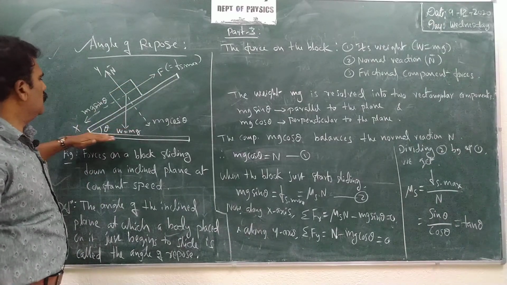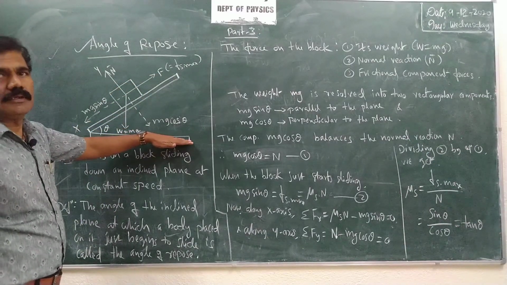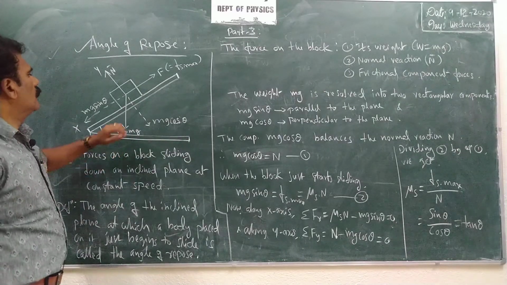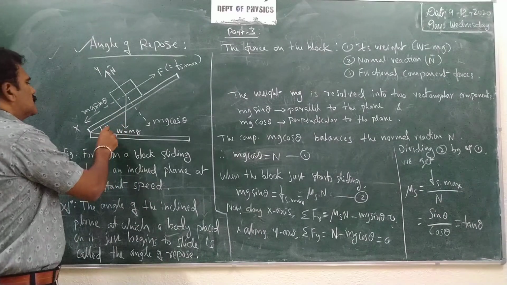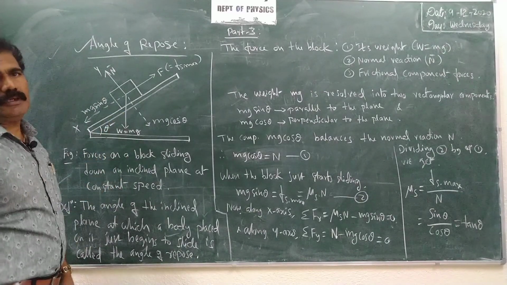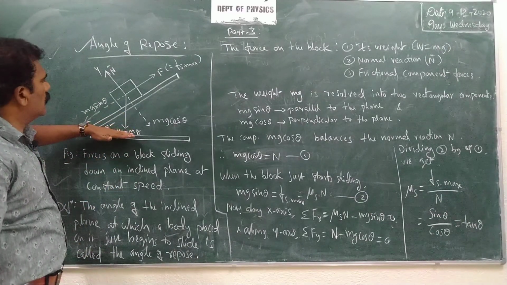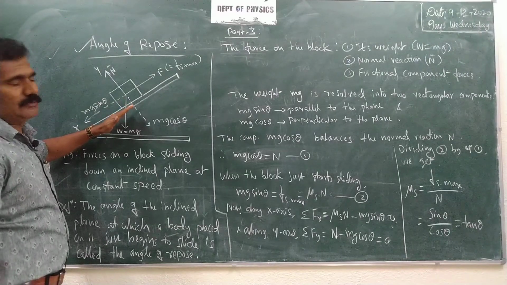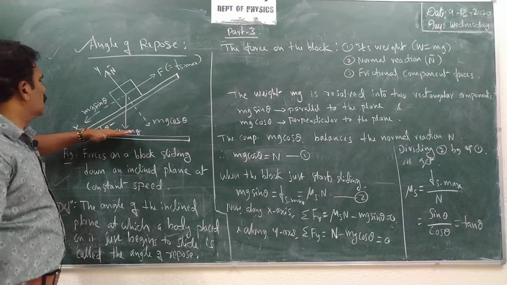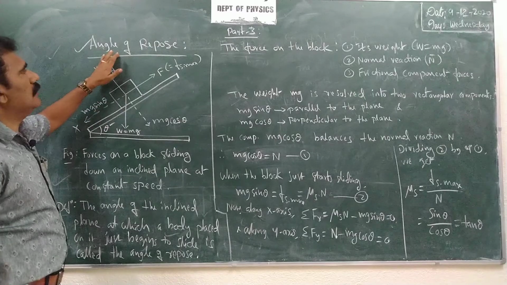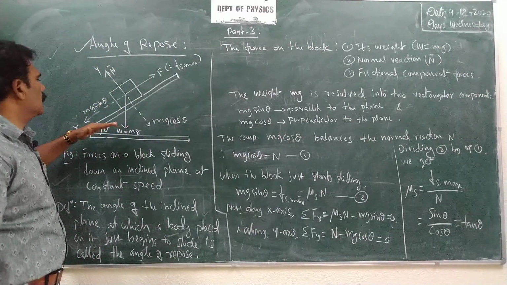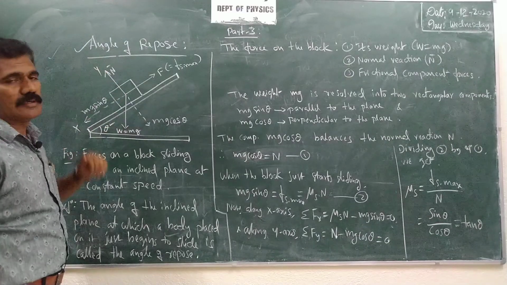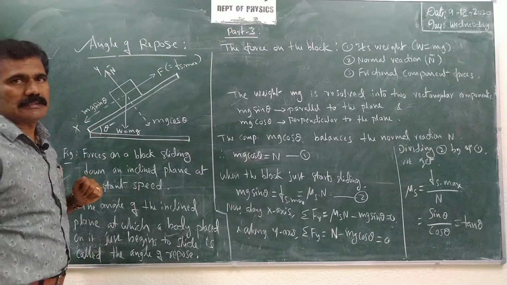So below that again we have another supporting plane here. Now, in between these two planes, the angle made by the two planes is equal to theta. So this is actually called the angle of inclination. Particularly, the angle of inclination theta is also called the angle of repose. So in what condition is this angle of inclination called the angle of repose? That is what you have to understand in this video.